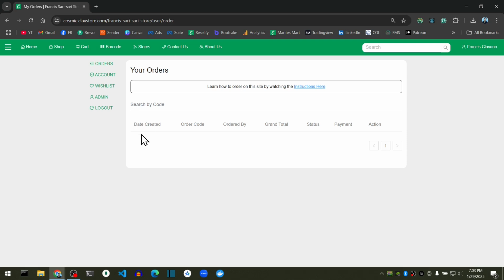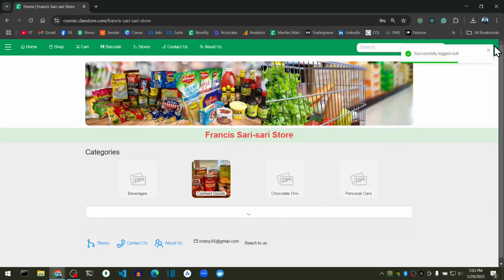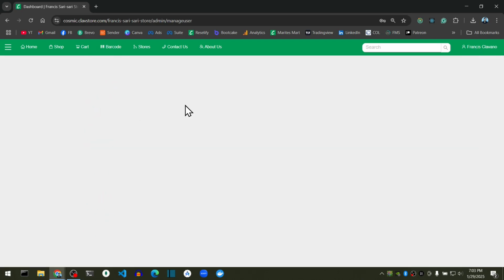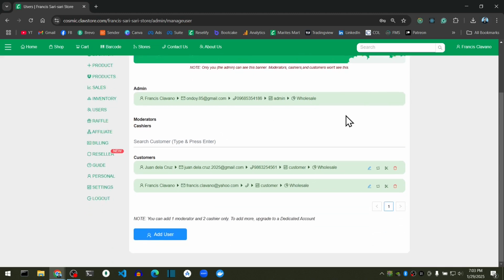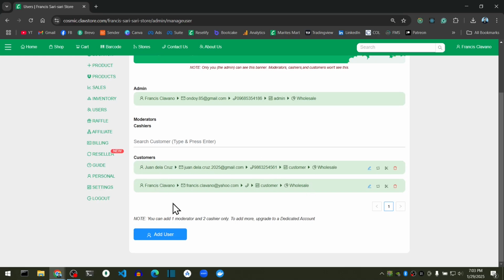All right, so let's now do the sample ordering. Let's log out. Let's go back again. If you go back to your admin account and go to the Users section, this is where you can locate your customers' names, right? You as an admin can locate them here. I have already registered some customers here, but I would like to give you a sneak peek on how a customer orders on your website for the first time.